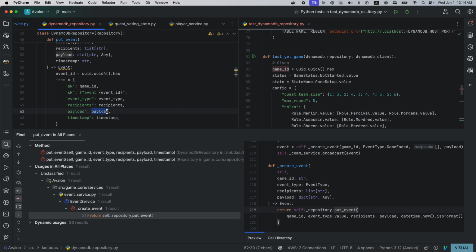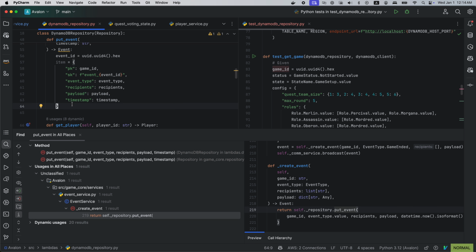Recipients payload, timestamp, all good. Then self input integrator.